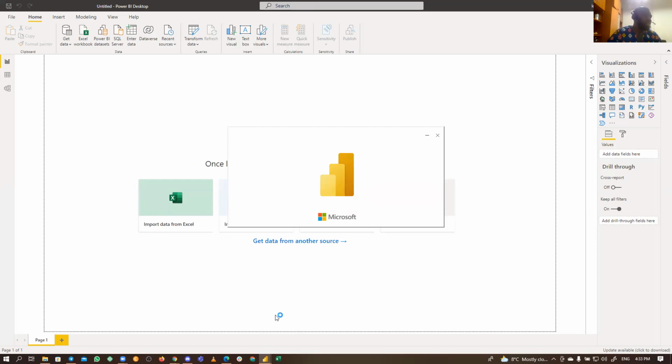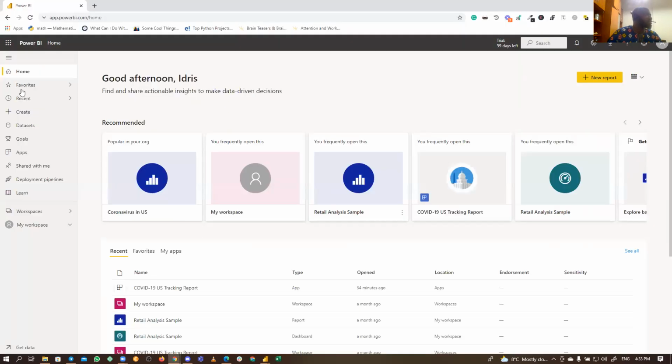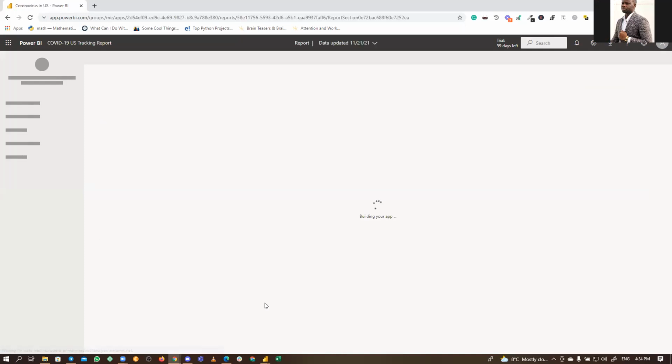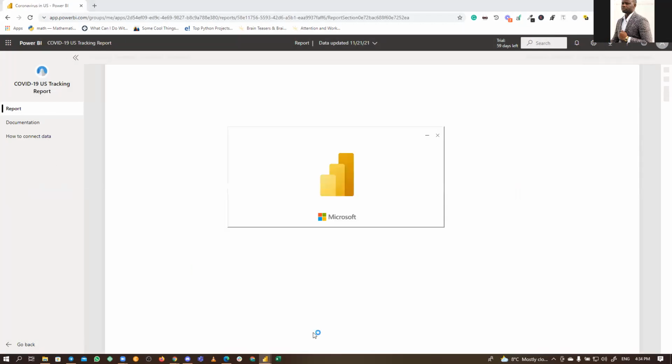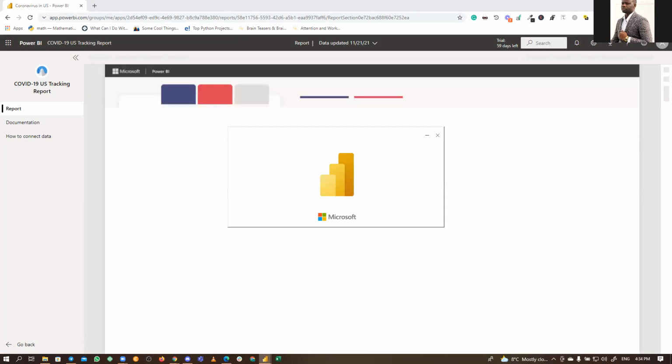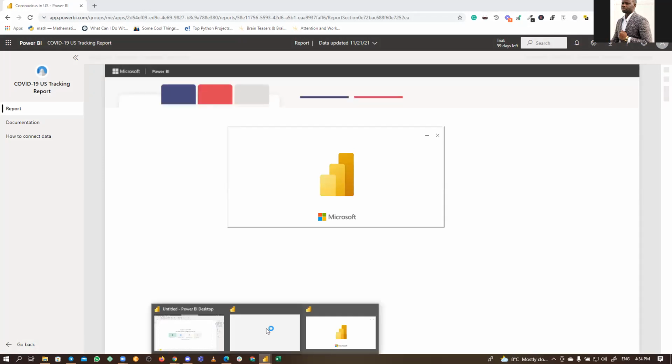Let me go to this, for instance. And just to add to what he was saying earlier about dashboards and reports, you can call your dashboard a summary of the entire thing. It's a one-pager having all the stuff that you did, or as much as you want to put there, and the report is the entire document from the data modeling and visualization that you created. But we will not explain further. When we work on the data, you will see exactly what the dashboard looks like, and then you are able to differentiate.